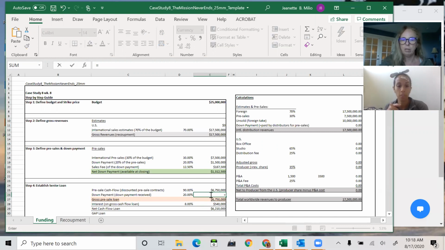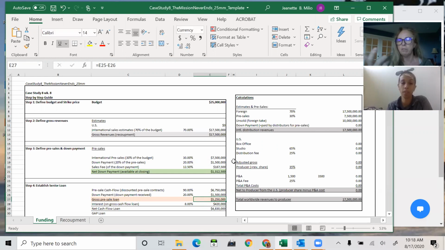So what do I put in here? I would do 20% of the 1.3, basic of the down payment. Okay. You're basically just putting in the down payment because that's all you got. Gotcha. These contracts, all you received was the distributor giving you $1.5 million. That's all they gave you from these contracts when they signed the deal with you, right? So in this moment, I'm deducting it here because this is all my contracts. 6.750 is all my contracts. I already received $1.5 million of these pre-sale contracts.